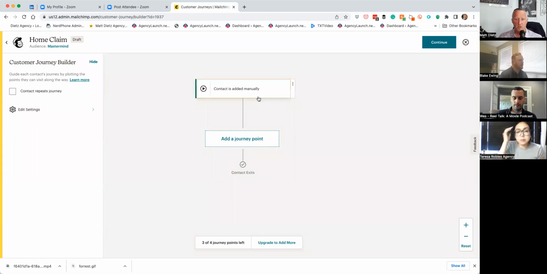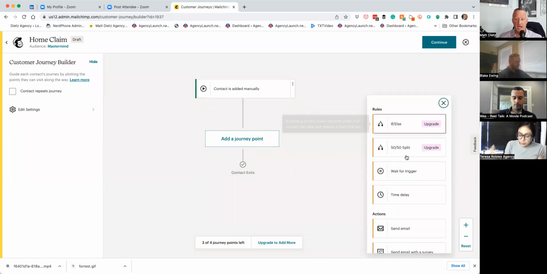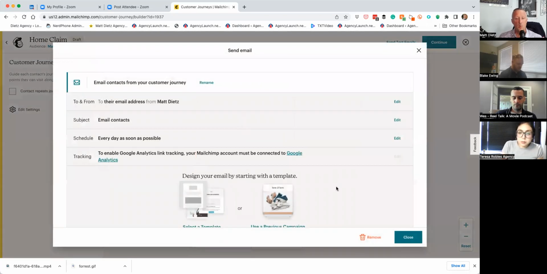So now when you add a contact, you're going to add another journey point. You're going to get all these options here. Okay, so I would say, send an email. So when they're added to the audience, it's automatically going to send them this email. Now you have all these things that you can edit in here. The subject line,